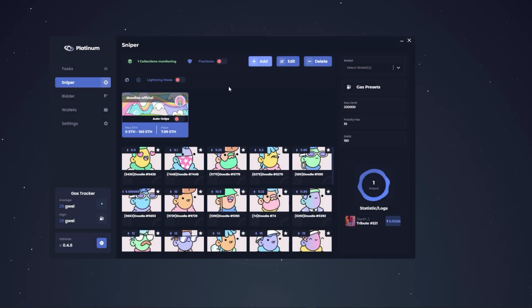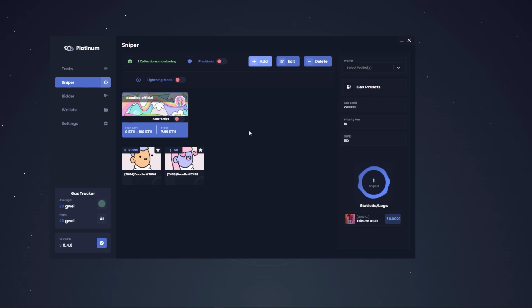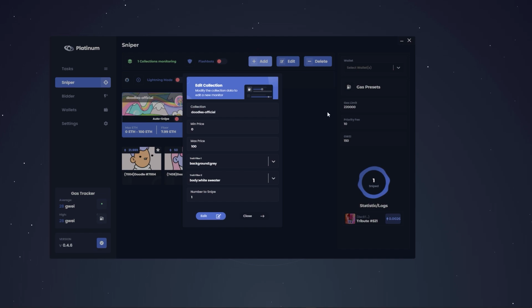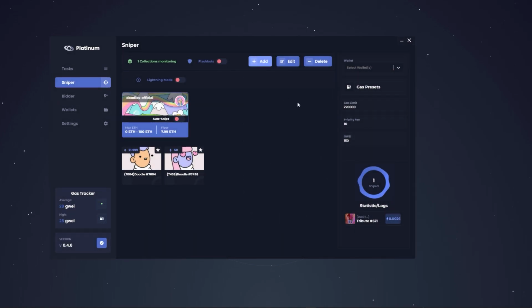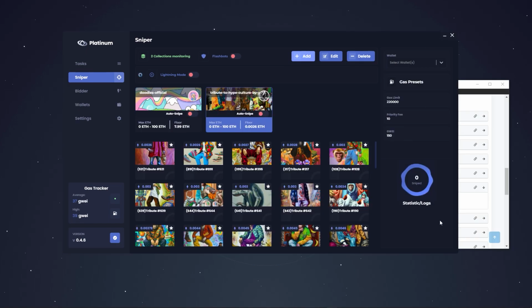Now let's wait for the results to change. As you can see, both trait filters have been applied, and now we're looking at NFTs with this exact configuration that have a grey background and have a white sweater, which are the 2 trait filters I've applied to this search query. So to go ahead and show off this section of the page, I've gone ahead and navigated to